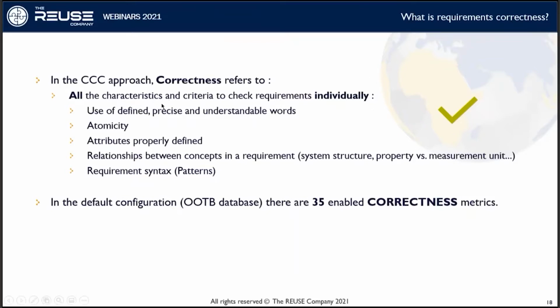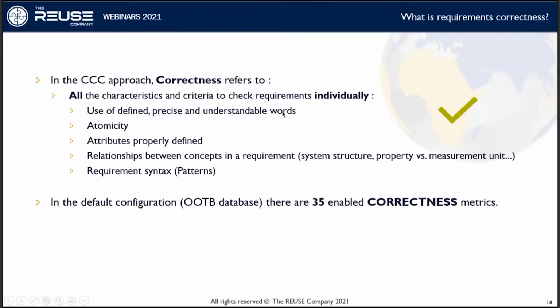So, for example, the fact that we can verify a requirement, so avoiding structures like 100% or always, will be correctness as well. Although it's a different characteristic in the guides, like the INCOSE guide for writing requirements or the standards, they will all be included inside the correctness dimension. So defined precise words, atomicity, attributes, relationships between concepts, or the requirement syntax based on patterns will all be considered